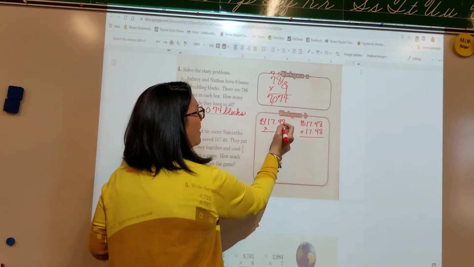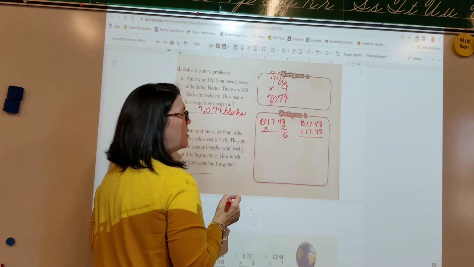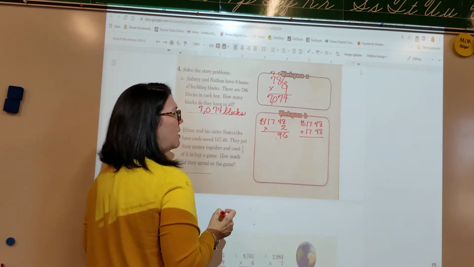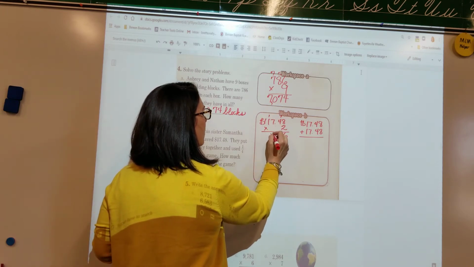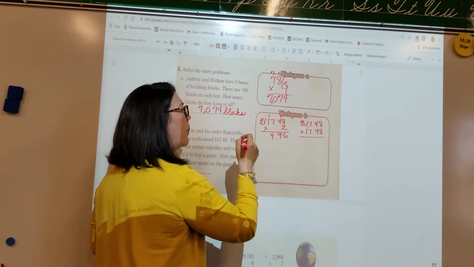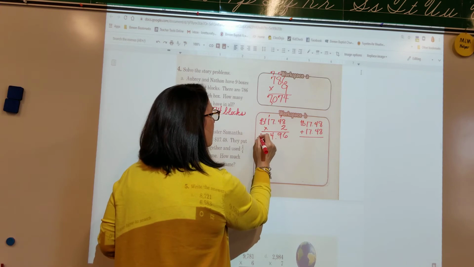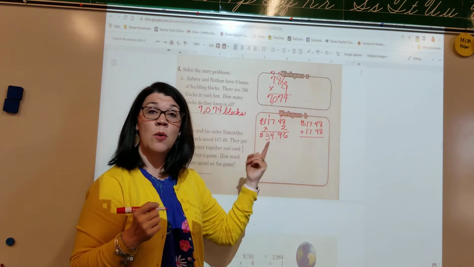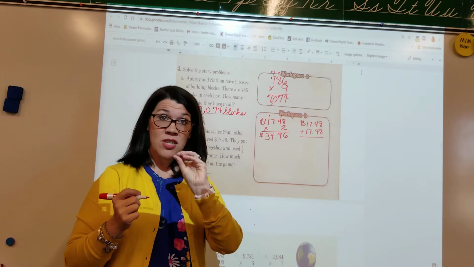So 2 times 8 is 16. 2 times 4 is 8, plus 1 is 9. 2 times 7 is 14. And 2 times 1 is 2, plus 1 is 3. So again, either way, if you added or multiplied, the answer is $34.96. So Ethan and Samantha have saved together